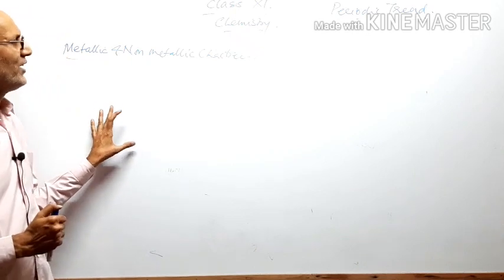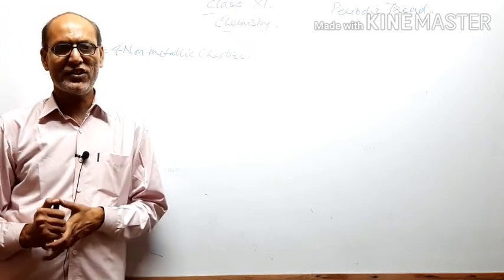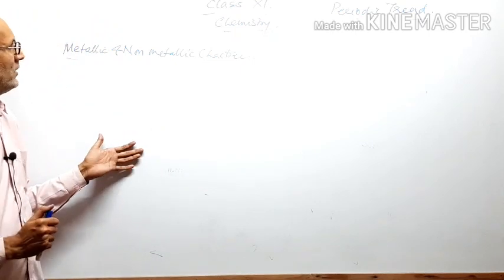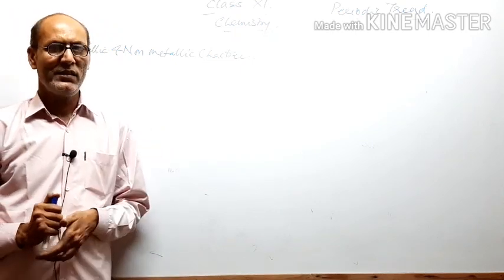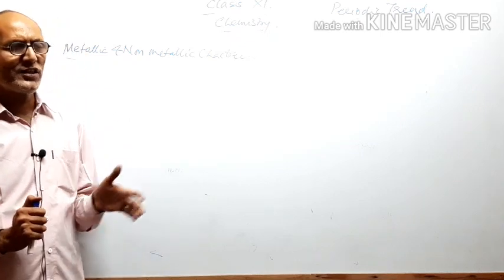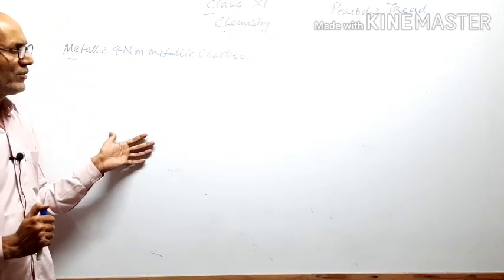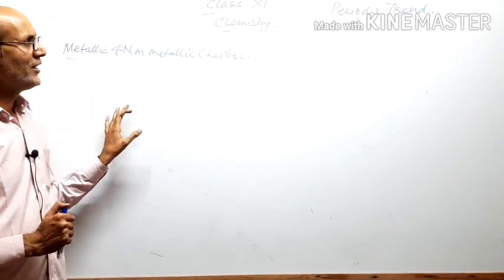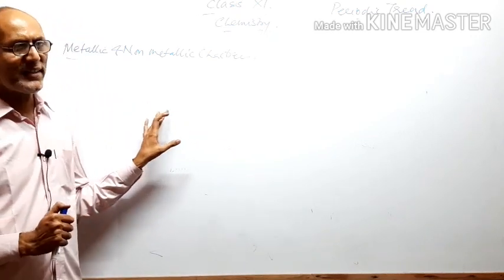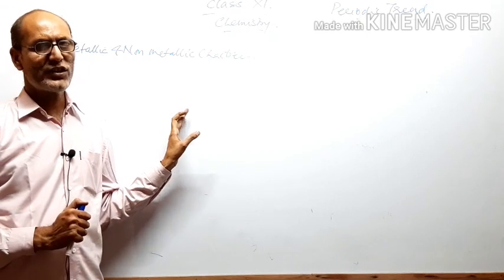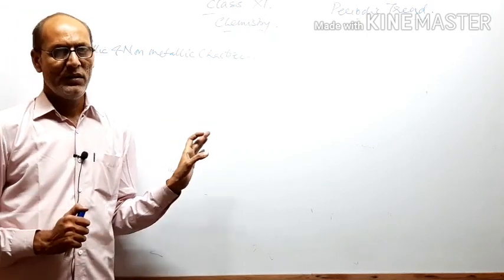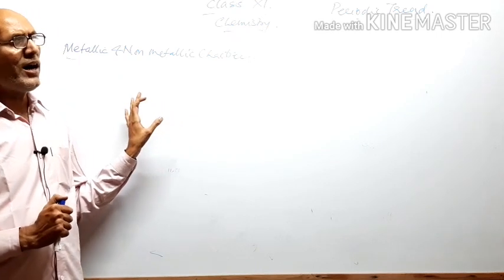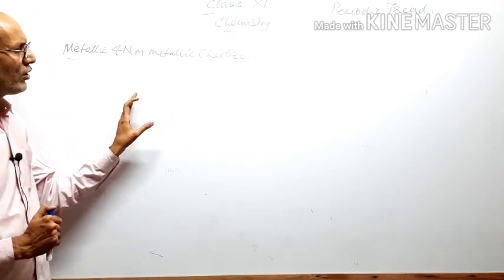In class 10th, you have studied about metals and non-metals, and their properties. Metals are lustrous, that means shining in nature, and sonorous, that means they make noise when you strike any other metal. Similarly, metals can conduct electricity and are good conductors of heat also. So these are the metallic nature of a substance. Some are metals while some are non-metals.